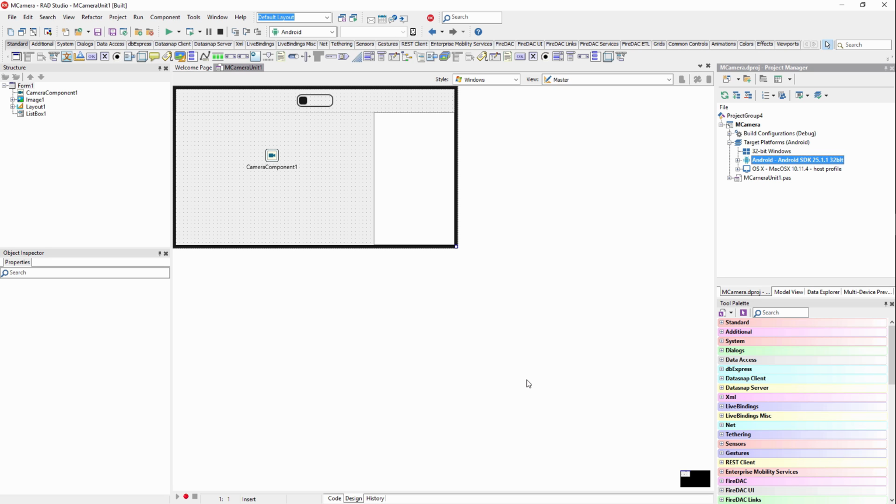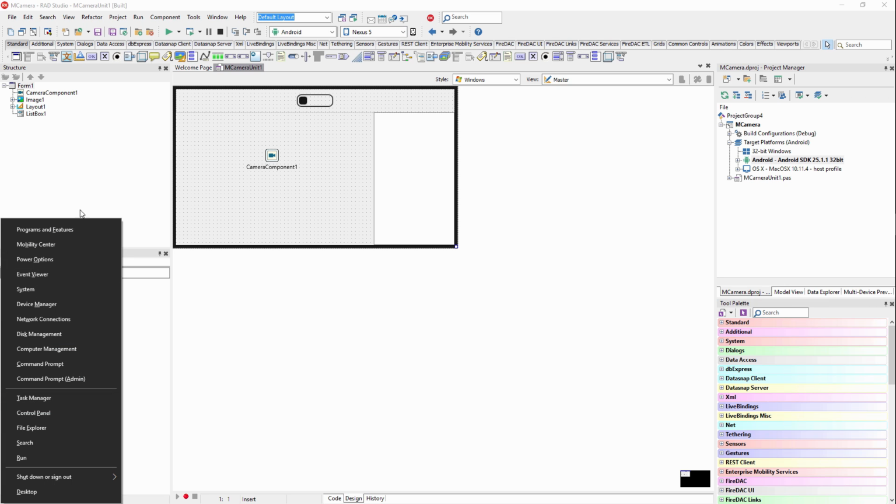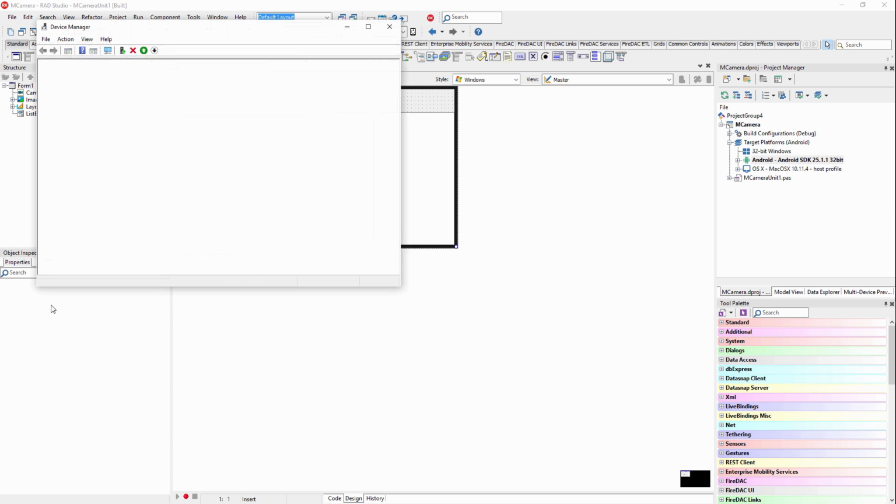Plug in my Android device, my Nexus 5. So Nexus 5 appears, it shows up here at the top as a device. If you have multiple Androids connected, you can click this drop down to select, hit refresh if it's not in the list. Now I have, go to device manager here,